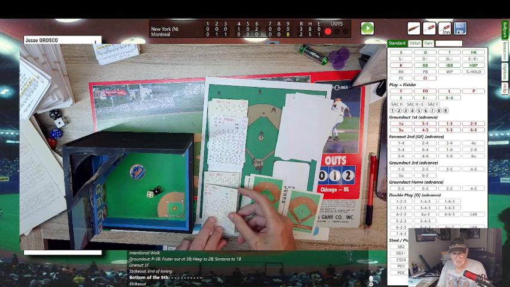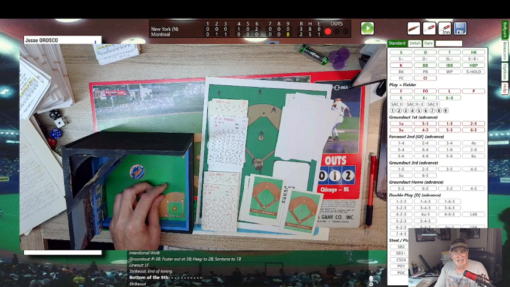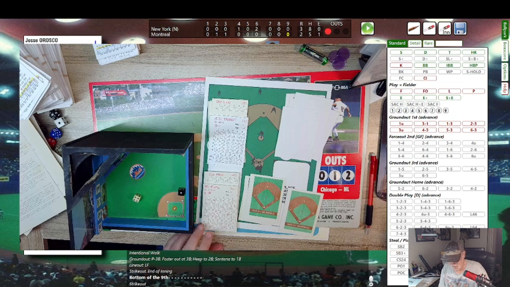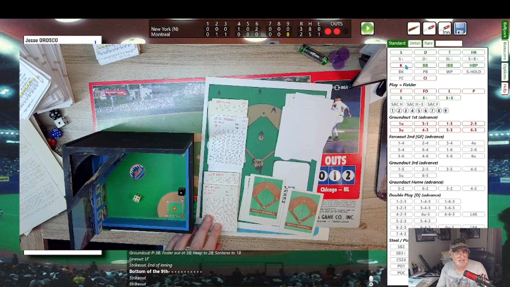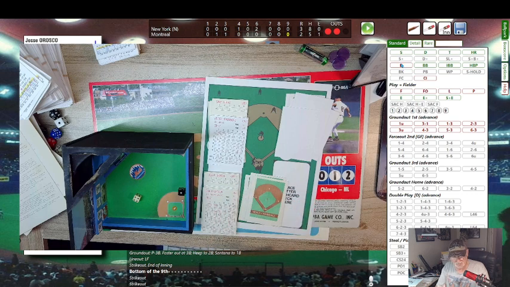So Max Venable will pinch hit here. And here's the pitch from Orosco. It's a 1-4 and struck him out. Back-to-back Ks for Jesse Orosco. So we'll know how many saves he will have after, if he can get this save, because it'll tell us, right? Here's Jim Wolford, another lefty.